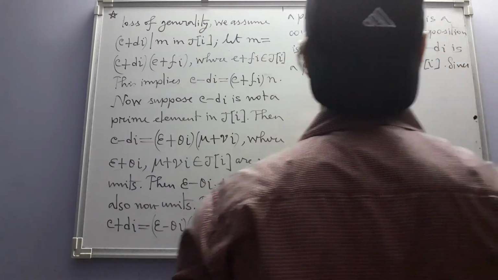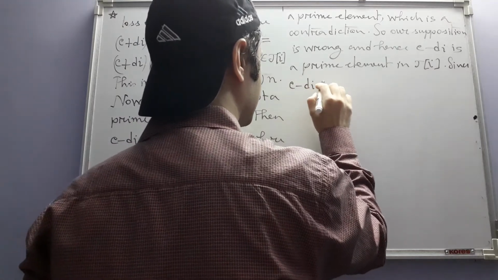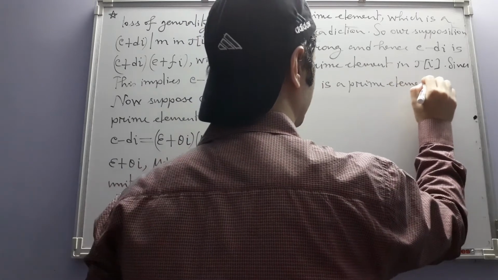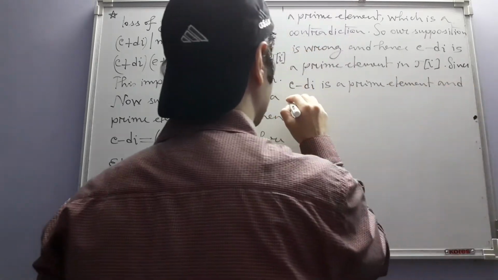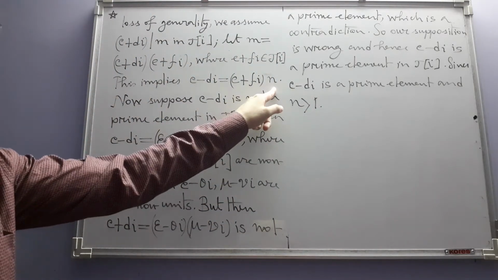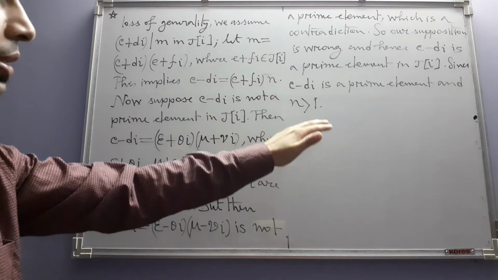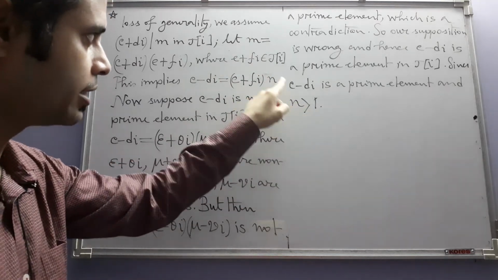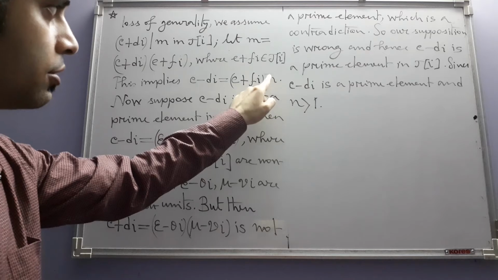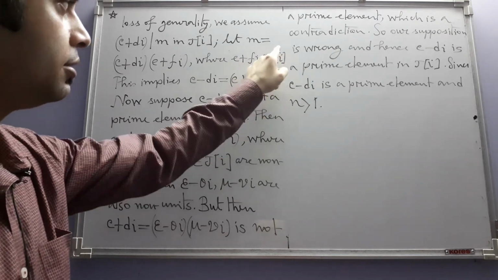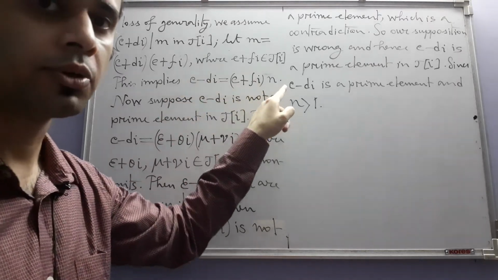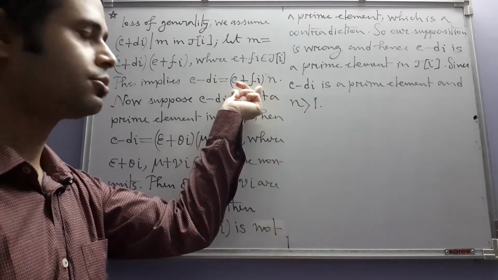Since c minus di is a prime element and n is already greater than 1. Recall how we chose n. Both m and n were positive integers greater than 1. So since n is greater than 1, its d value is n square, which is also greater than 1. So this is a non-unit in Z[i], and this is a prime element. So a prime element cannot be written as a product of two non-units. So this has to be a unit,